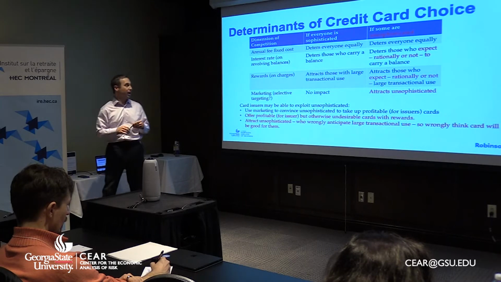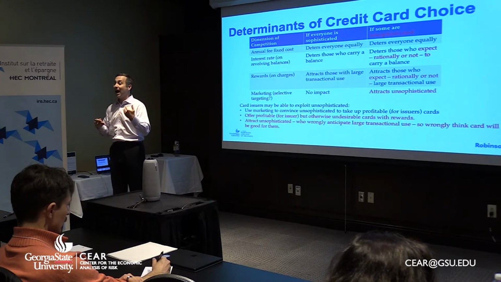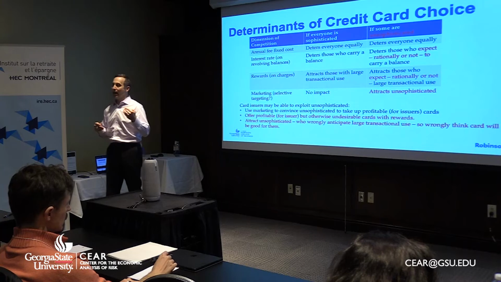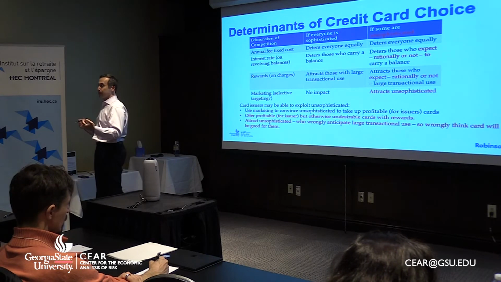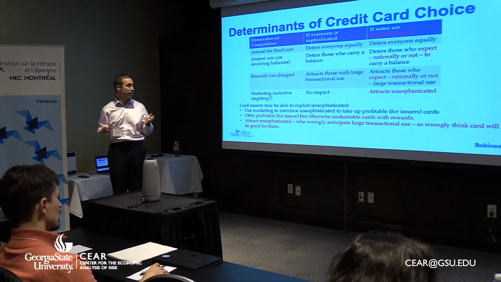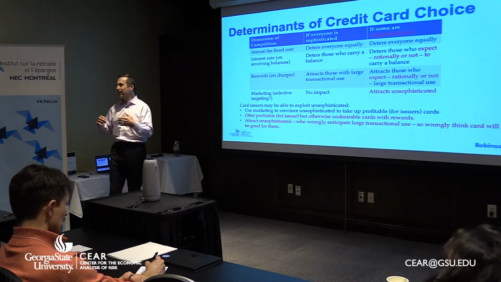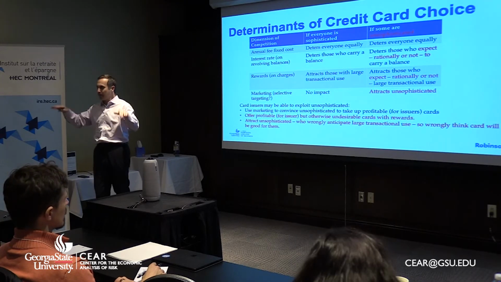Okay, so let me provide a broader framing for credit cards as an application where this plays out. Let me mention four key features that a credit card might have that might influence whether you choose a specific card. So cards have annual fees, right? Like a fixed number, everyone knows it. Nobody likes paying money. That should deter everyone. And I would say even the most unsophisticated people see that they're paying an annual fee. So presumably that's one where sophistication isn't really in play. And it's also symmetric. Everybody pays the fee.